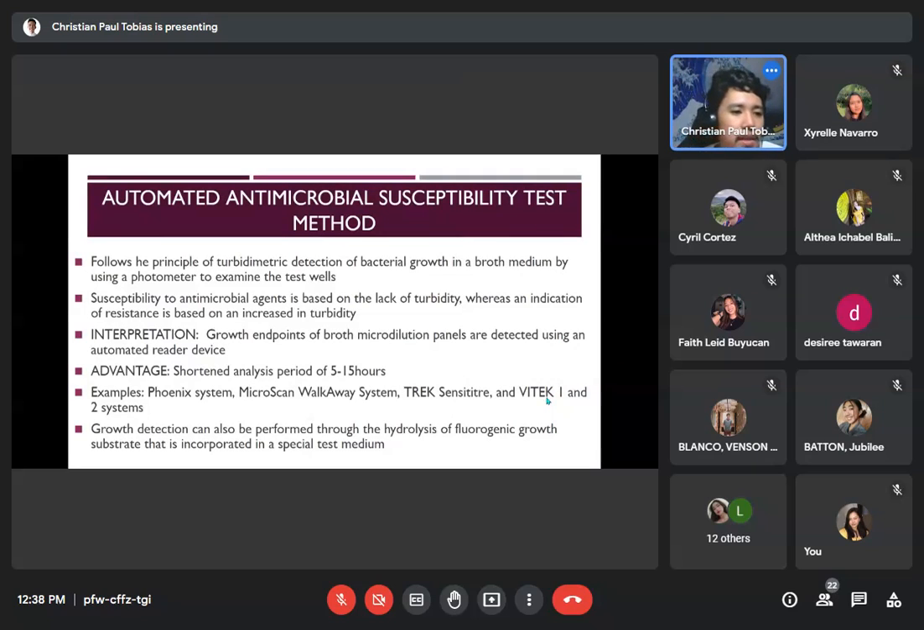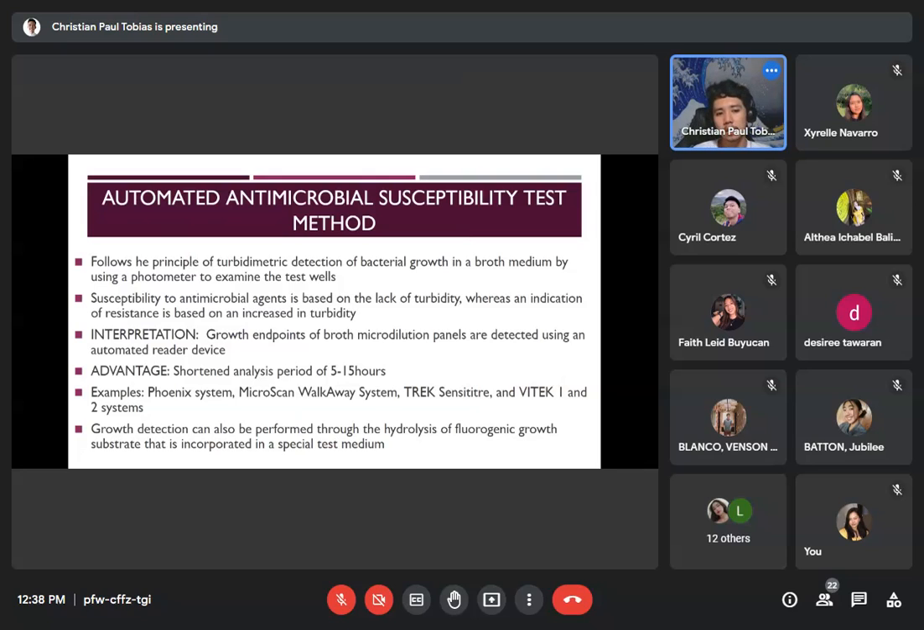Mga stuff lang. So automation, they follow the principle of turbidimetric detection of bacterial growth in a broth medium by using photometer to examine the test wells. So you will interpret the growth and points of broth microdilution panels are detected using an automated reader device. So syempre, ang advantages naman most ng automations natin is shortened analysis for convenience. Ganon. So examples ng automated machines, in bacteriology section, you have your Phoenix system, Microscan, walkaway system, your Trek